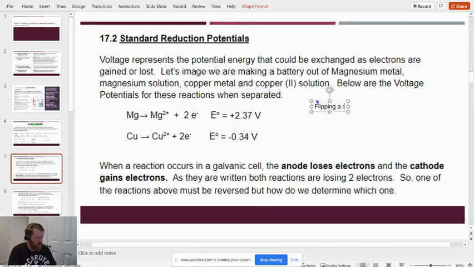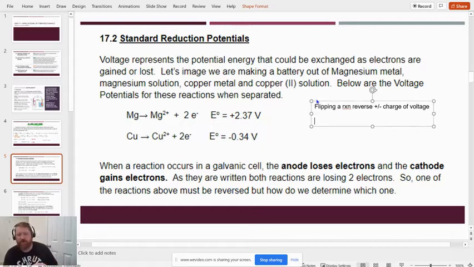Flipping a reaction reverses the plus or minus charge of the voltage. That one probably makes perfect sense. Flipping a reaction goes from positive to negative or negative to positive for the voltage. However, and this is a big however, I'm going to write it in all caps. I'm screaming at you. However,